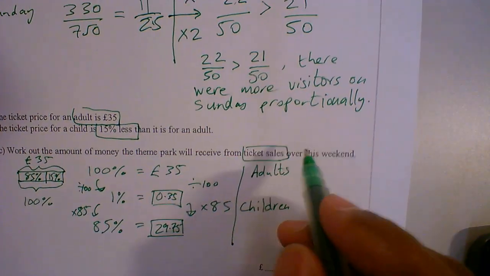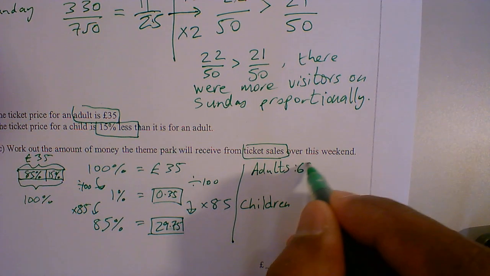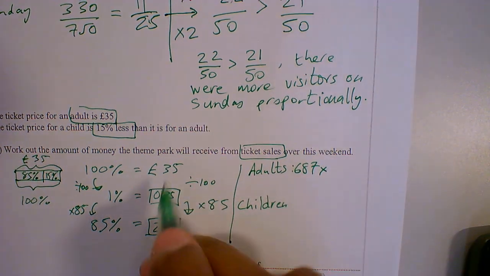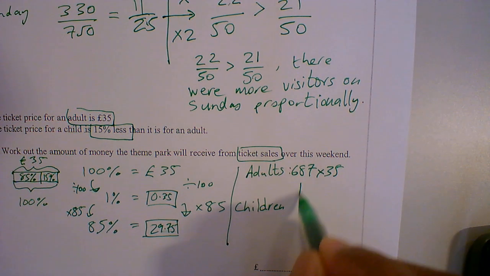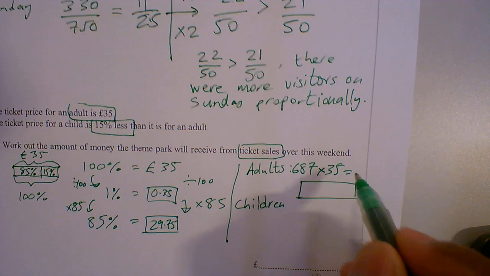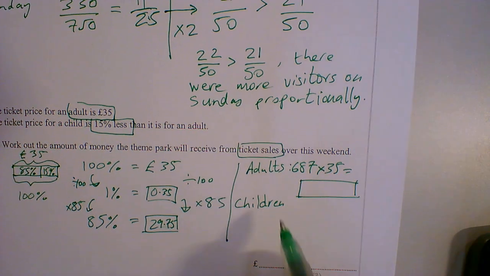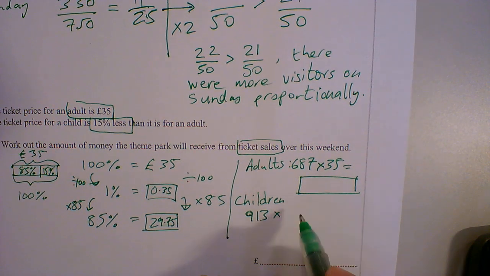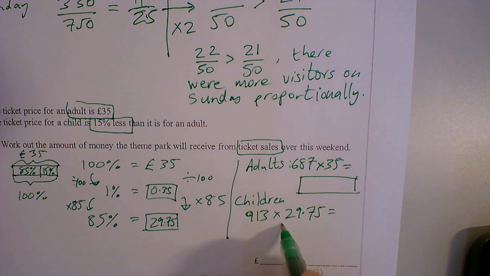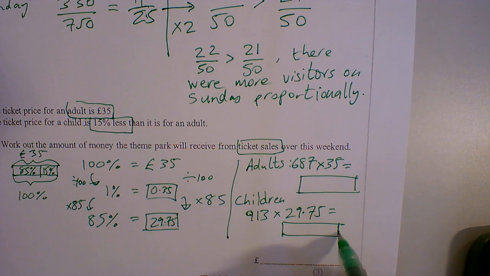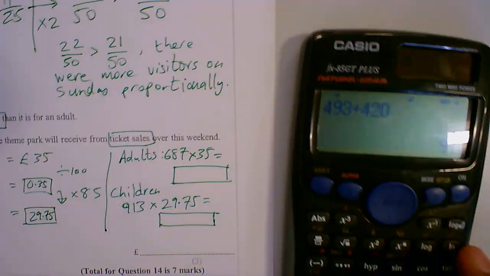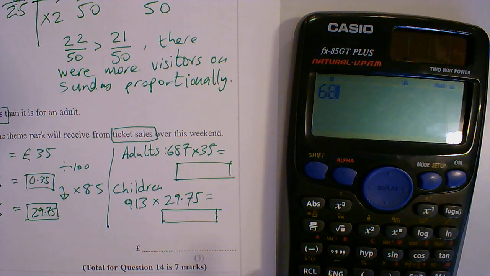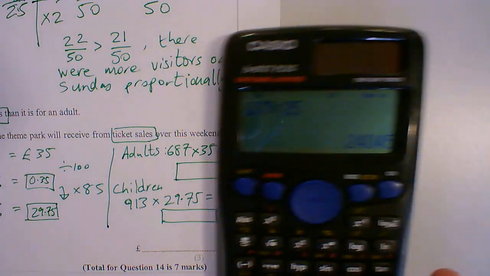Okay, so I'm going to use those numbers in my working out. So adults, I have 687 times by 35, which gives me an answer. I've got children, 913 times by my new price 29.75, and that will give me an answer, and then I will add them together to get my total. So let me use my calculator. 687 times 35 gives me